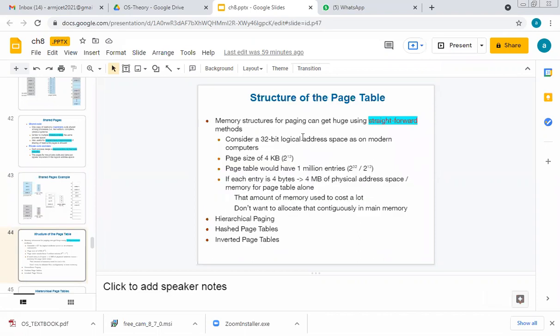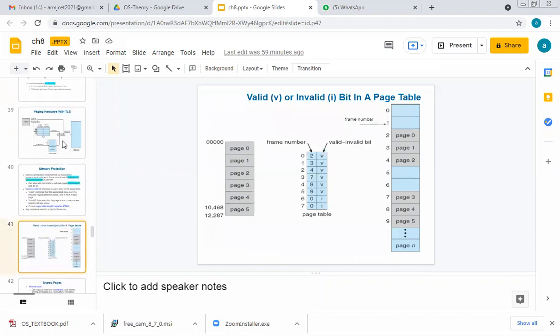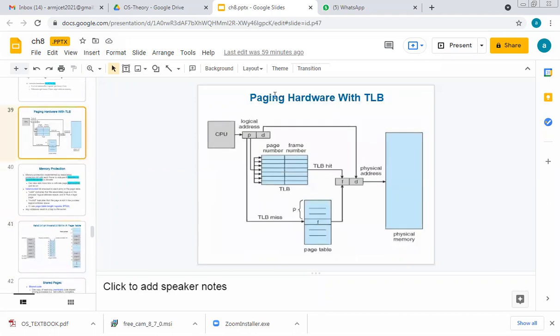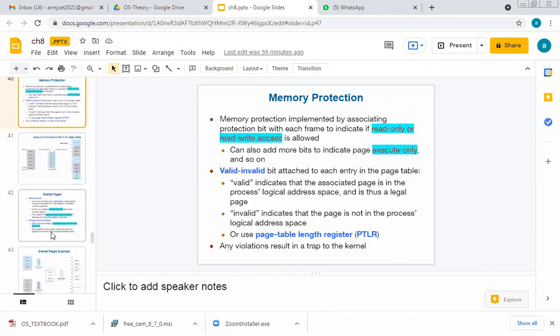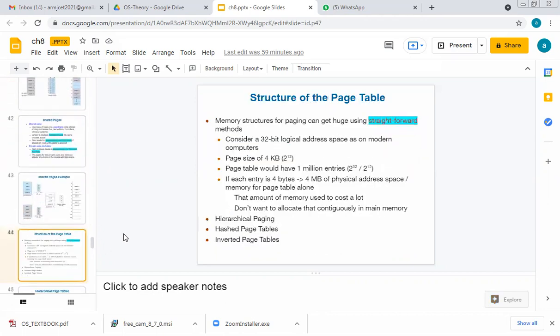Okay, so now the last point coming, I guess, is the structure of the table. From these three, you have three diagrams here. Definitely one question you will get, also this type of table, I mean this question, hardware with a table, the TLB. I will try to finish this if possible. Otherwise, in one more session, it is definitely possible to finish.